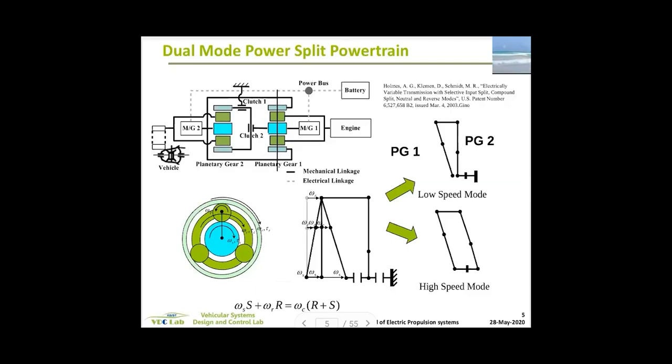Oh, by the way, this architecture is not currently used for mass production vehicles. This was early stage 2-mode GM was promoting, back in 2005, something like that, before Voltec came out. They actually applied this for large SUV and trucks, because large SUV and trucks have very, very low fuel economy. So they thought if we can improve fuel economy of SUV and trucks, that'll benefit a lot, because fuel consumption,